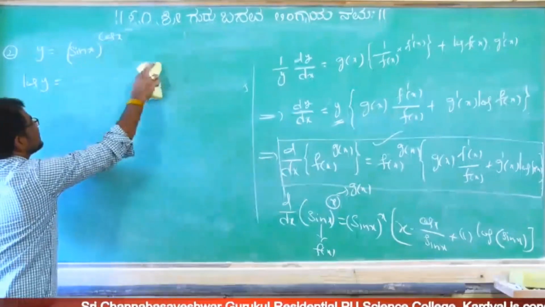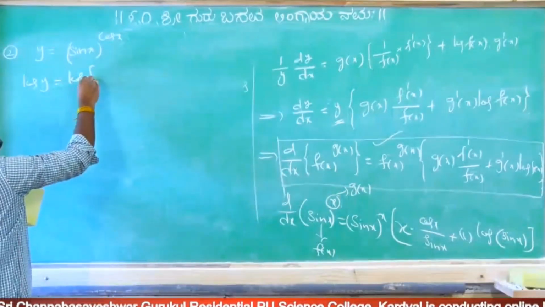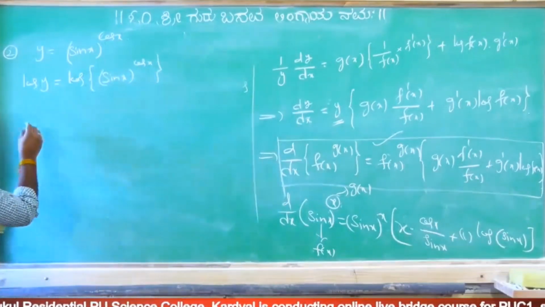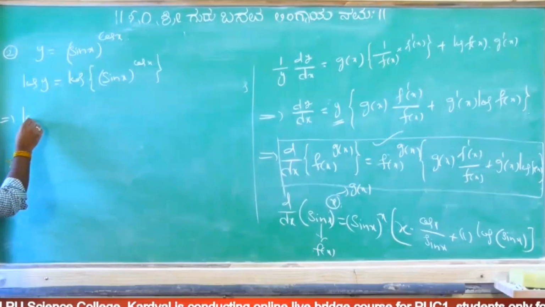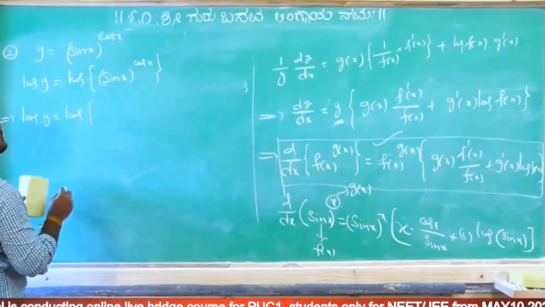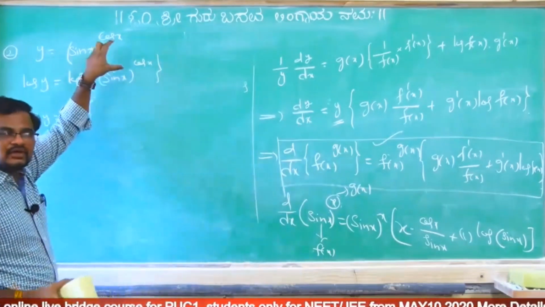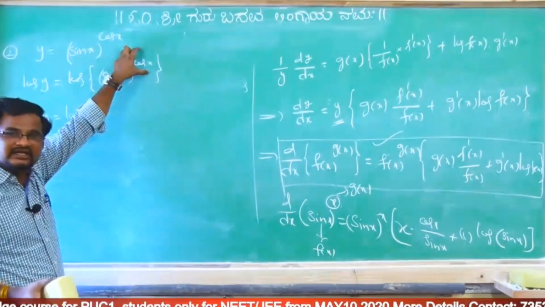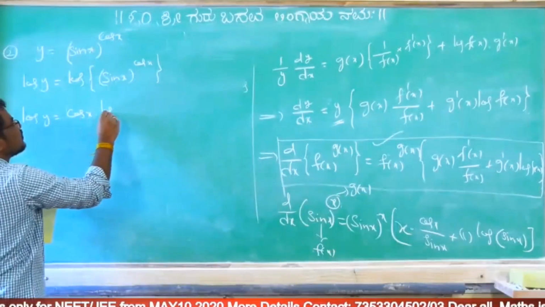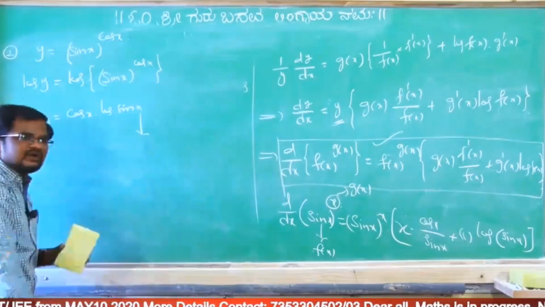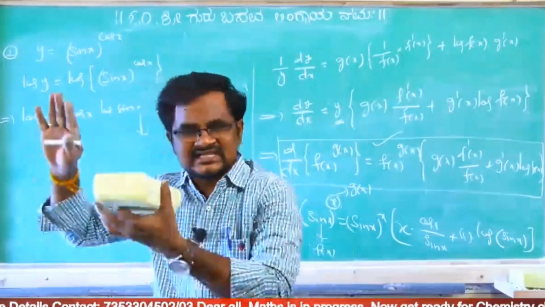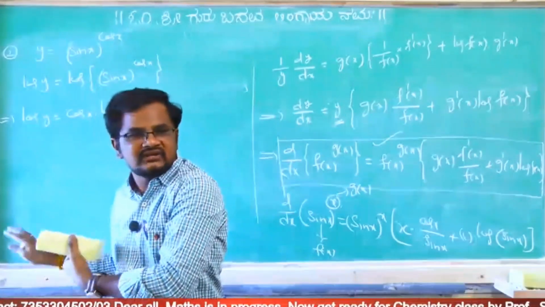How are we getting this one? Taking log on both the sides means log of sin x whole power cos x. Now that implies log y equal to log a to the power m, now how to write it as? Cos x into log of sin x. From here what we have to do? Differentiating with respect to x on both the sides, same procedure we have to follow, then dy by dx you will get.